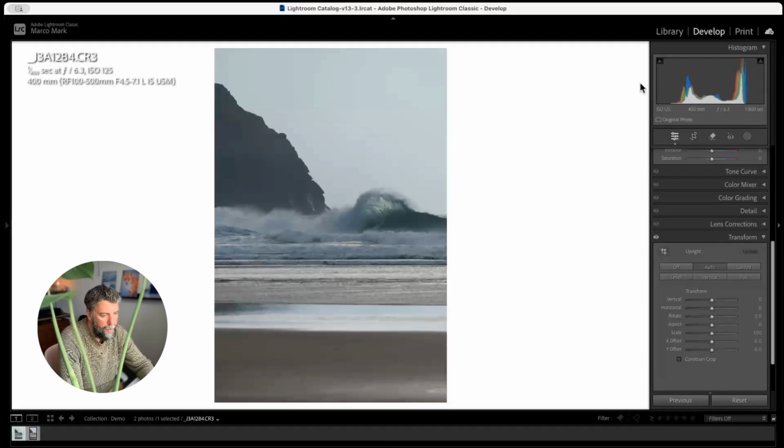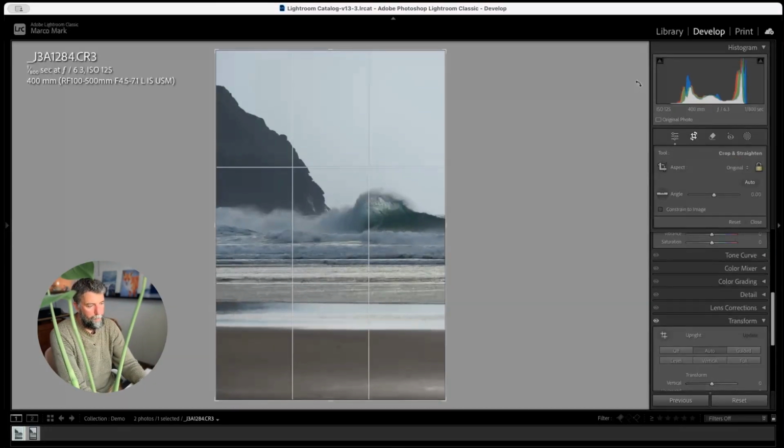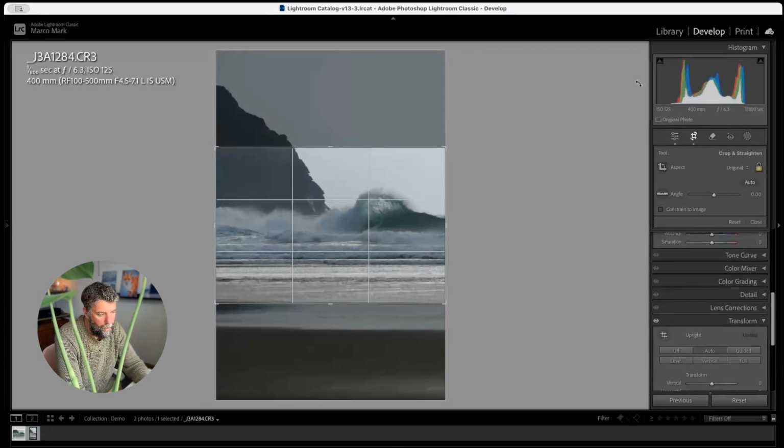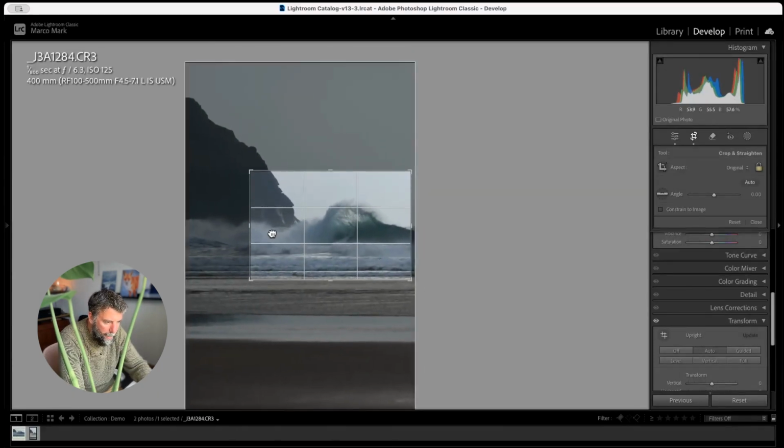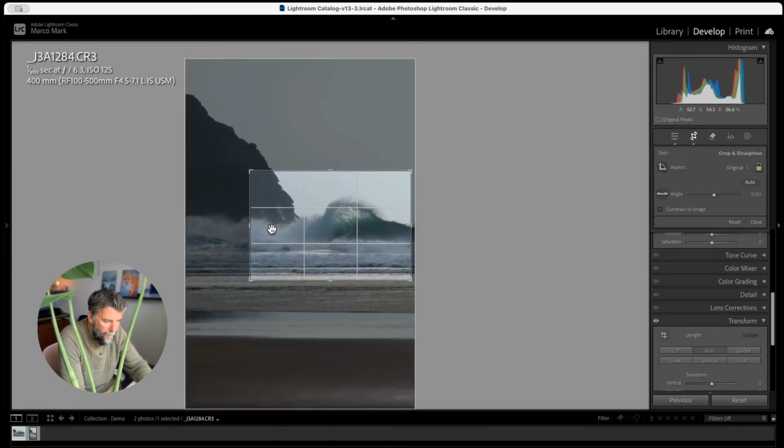I took this in portrait format because I was shooting for social media, but this actually has much more impact in landscape format. So let's open the crop tool, pressing R on the keyboard, and then pressing X will simply switch the orientation from portrait to landscape. The wave wasn't actually that big, so let's just crop it in nice and tight. It's a social media shot. It doesn't need to be high resolution.